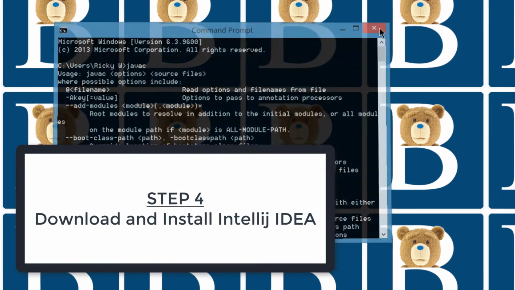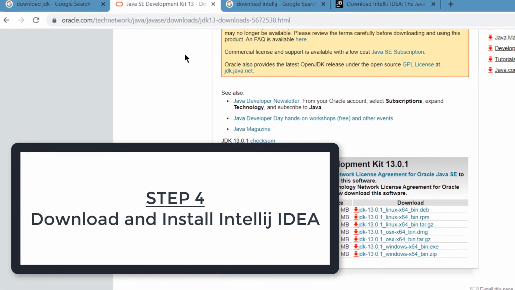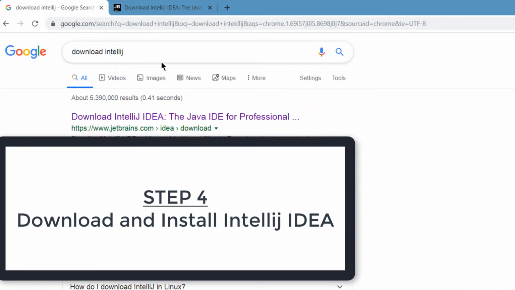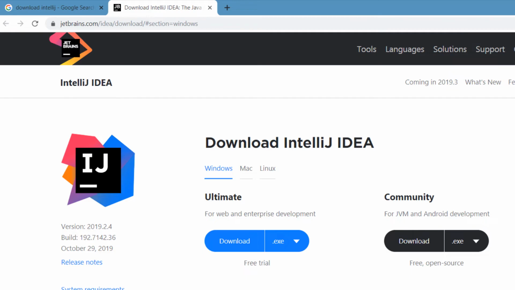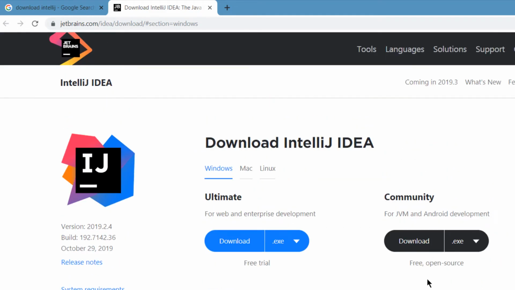So once you do that, the next process is installing IntelliJ. So for IntelliJ, you can just go to Google and then search for download IntelliJ, and then you'll click this link to download IntelliJ from JetBrains, and then you'll come here and you'll download the community edition. So I'm sure you know how to install and download applications, so I'm not going to go through this process,